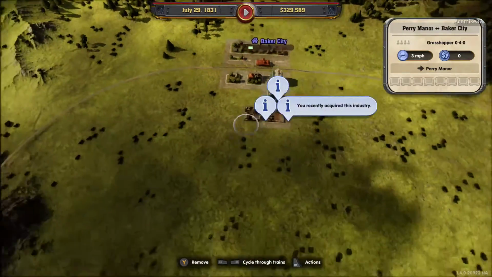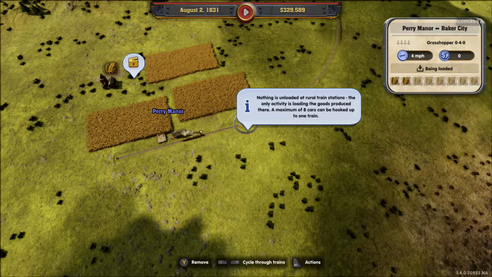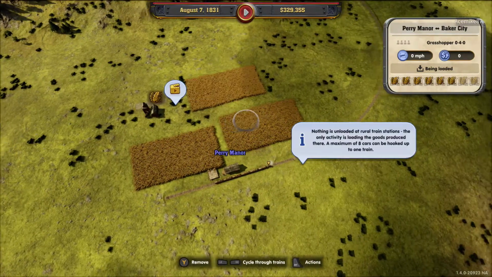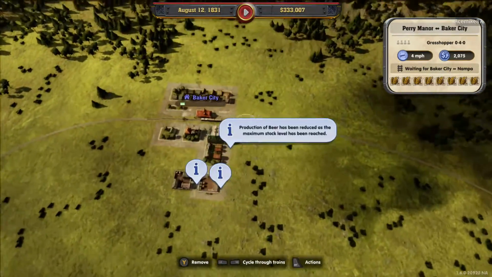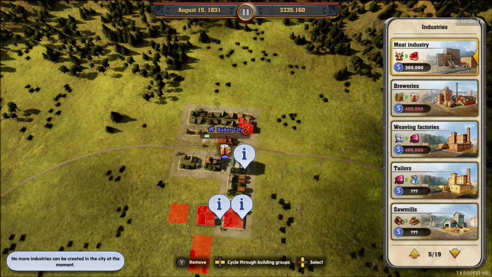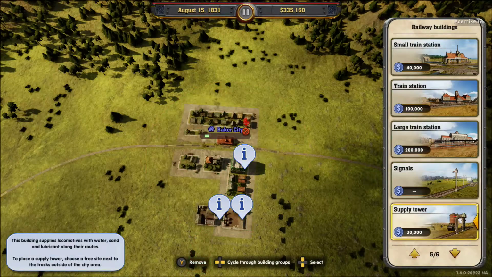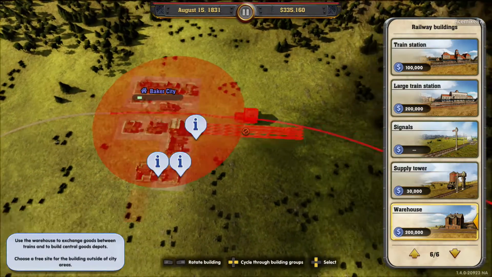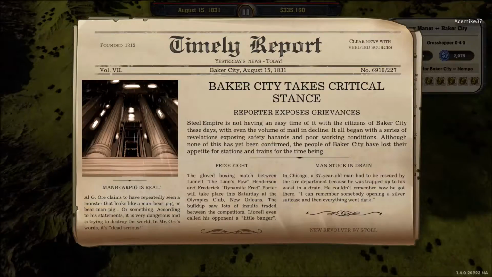Train's on its way back in. So we're getting our wheat from there. Do we need to try and get a supply? Let's see if we can get a warehouse. Warehouse. Is that going to do anything for us? Oh, okay, no, that's nothing. That's not what we're...